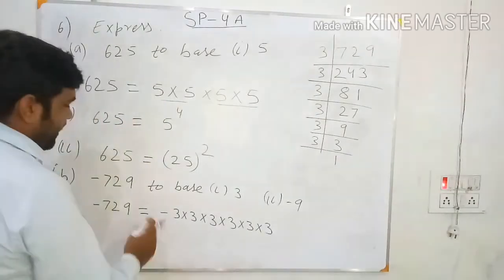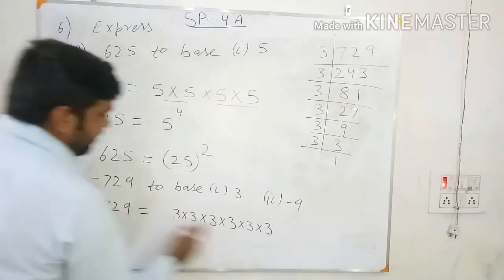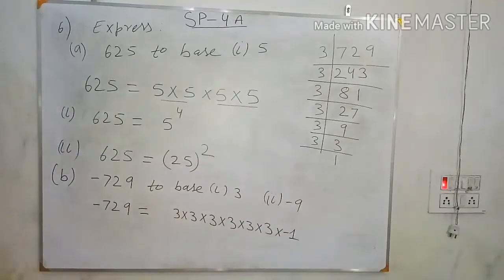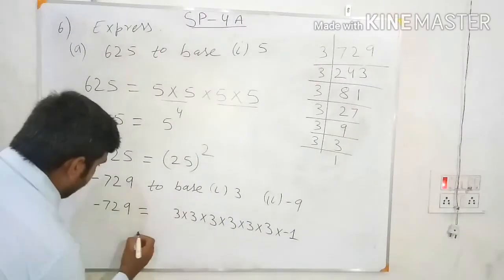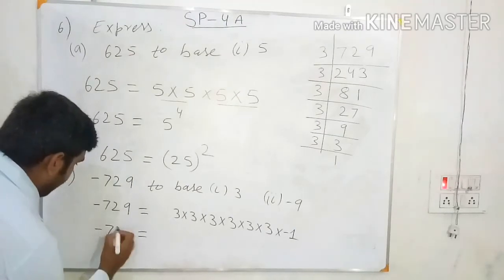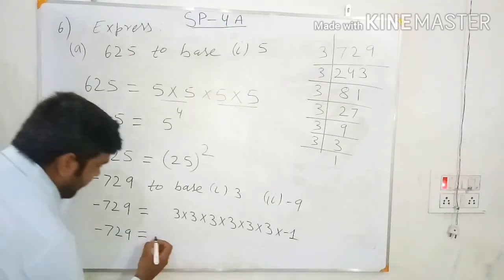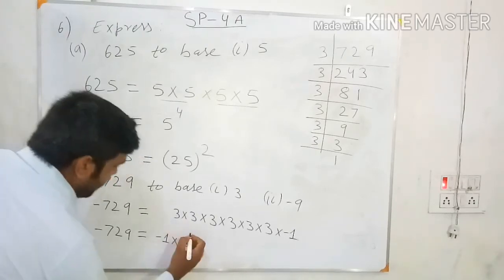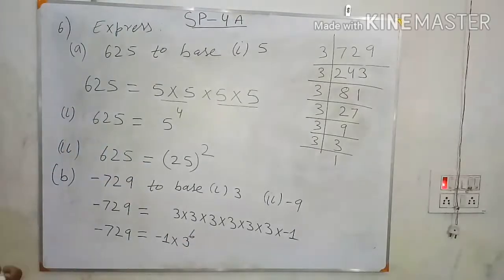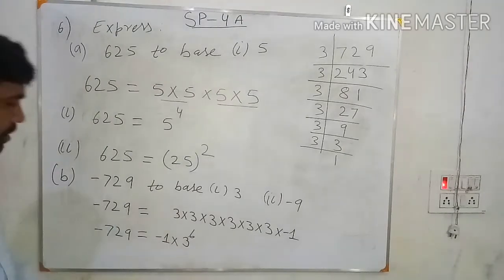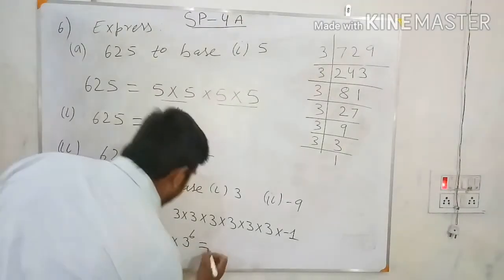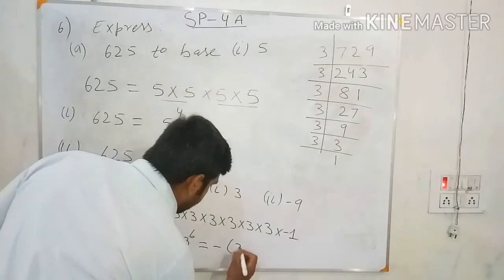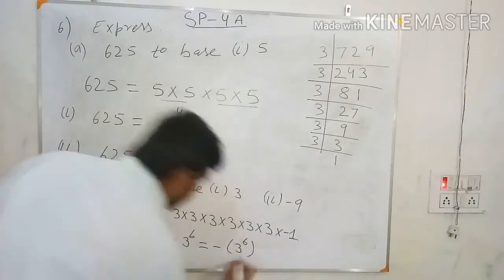That one also you can add. In the place of here I can write minus 1. That also we can do, no problem at all. Now see again here, what is the value? Minus 729. So I can write minus 1 multiply 3 to the power 6. On that place again, what you can write as a base 3. So you can also write minus 3 to the power 6.